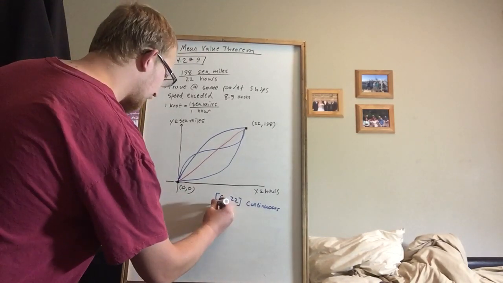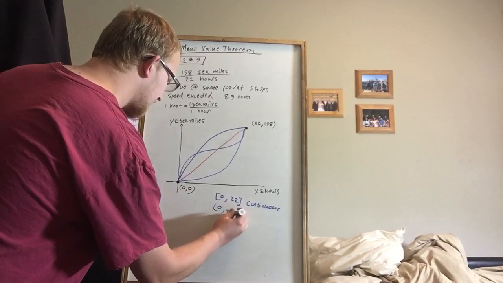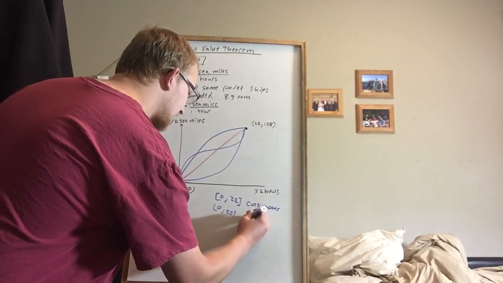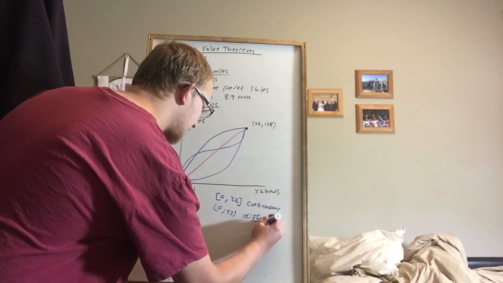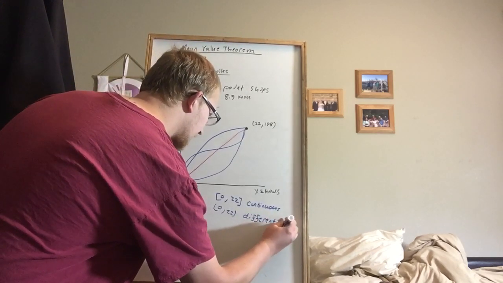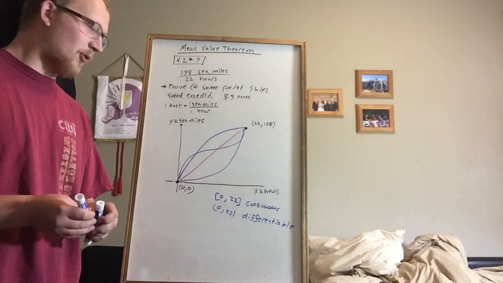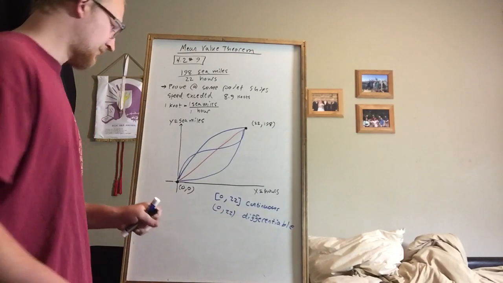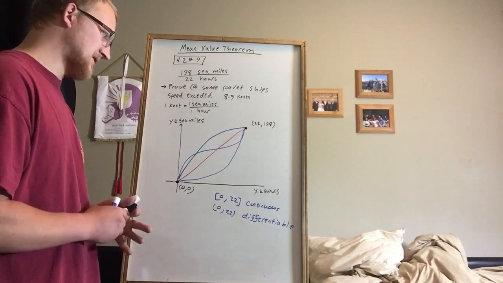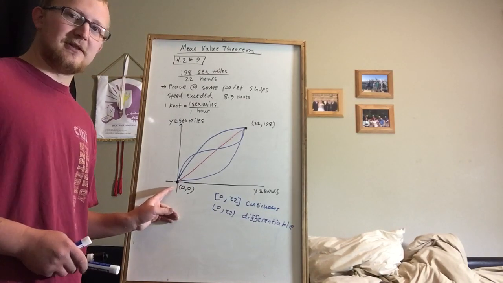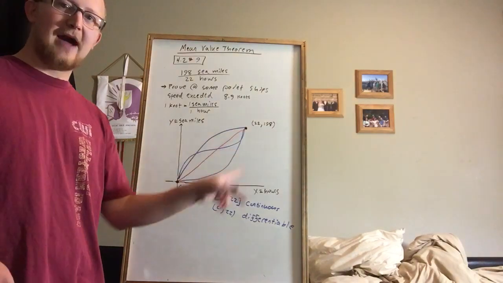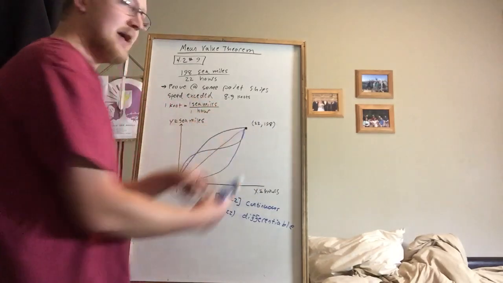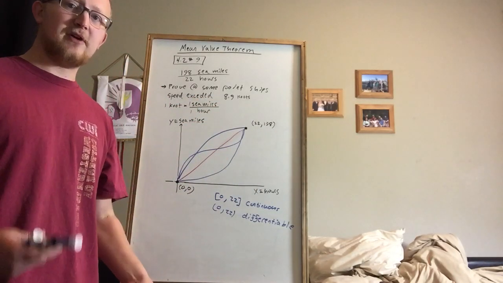So the next thing we need to look for is from 0 to 22, not including 0 and 22, is this function differentiable? So these are the 2 big criteria for the mean value theorem. Now, we don't have to include 0 or 22 in our differentiability, and the reason why is because we don't know what happened before they started the clock, and we certainly don't know what happened after they stopped the clock. So because there's no right-hand and left-hand limit at the endpoints, we cannot have a true derivative at the endpoints,